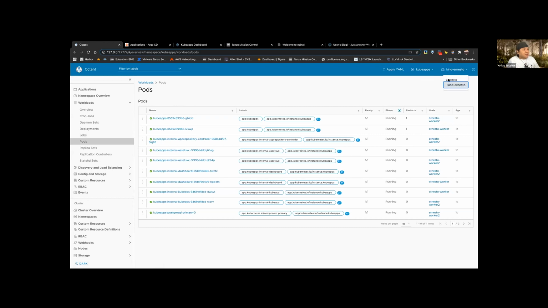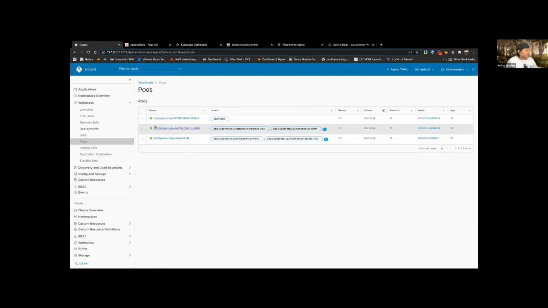You can see as well that kind always puts the name kind before the name of our namespace. In this case, I have so many namespaces. Everything that I'm running, for example WordPress and the Nginx example, is running in the default namespace, right? I don't want to complicate things, but they are running here.